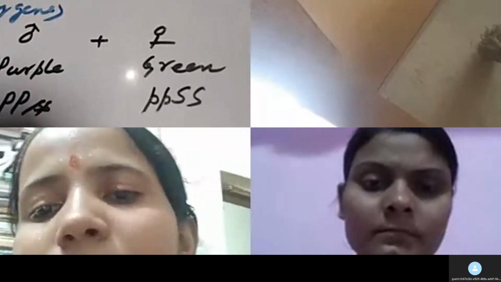The phenotype is green. If a cross is made between the purple and green bearing rice, what will happen in the F1 generation? In the F1 generation, we will get 100% green phenotype, because this capital S, this dominant inhibitory gene, inhibits the expression of the dominant P, which is responsible for the purple phenotype, so all the leaves will be green.